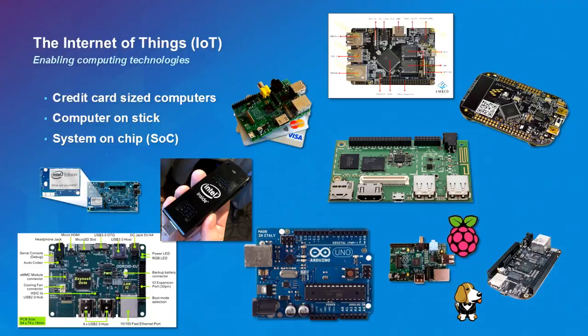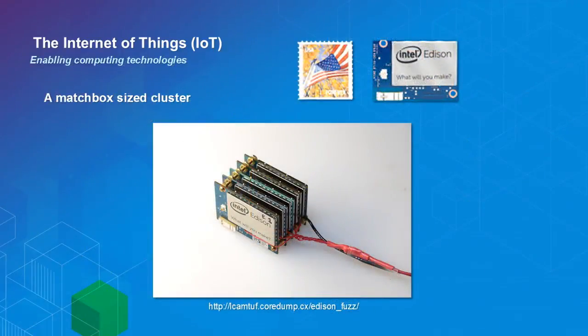System on chip is another exciting development. For example, Intel Edison has come up with a very small size system, everything on the chip, the whole computer on one chip. Stamp size, and someone put together a small cluster of those stamp size computers to expand the capabilities. So you can imagine that from a big room of cluster of computers it becomes just a stamp size cluster. So we'll see a lot of things happening after a couple of months or many months from now.